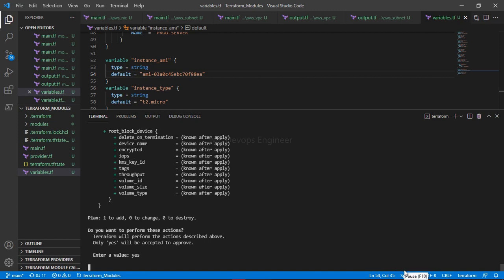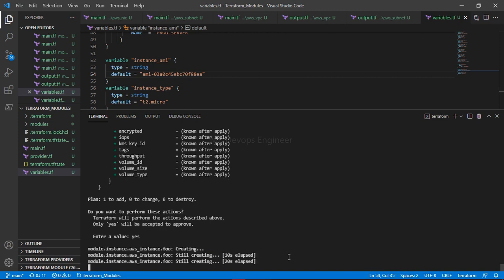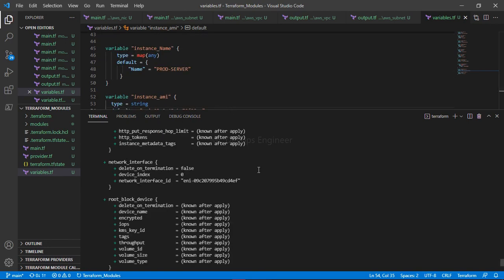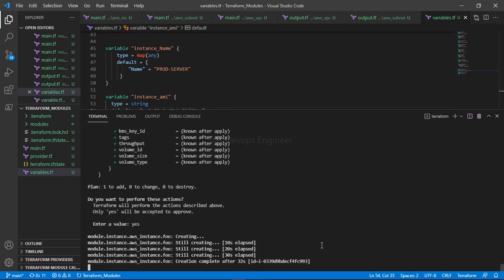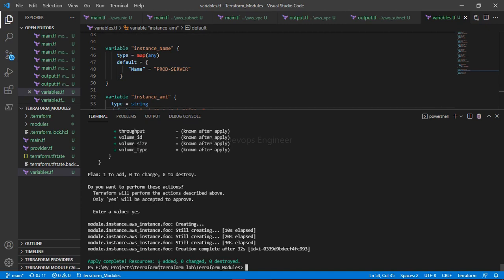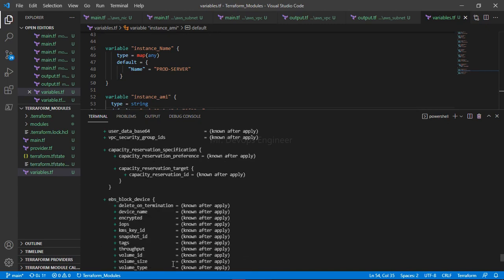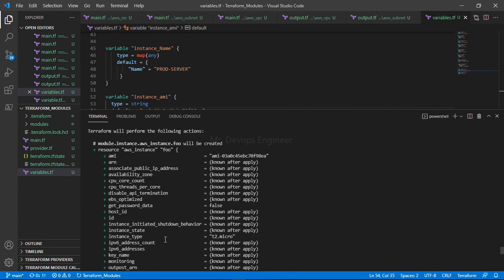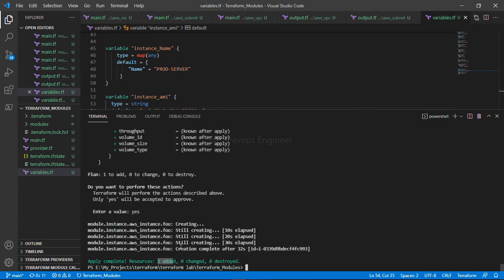Okay, so it has started creating the EC2 instance now. Let's wait for a moment till this is done. Creation complete. So all the resources have been created.